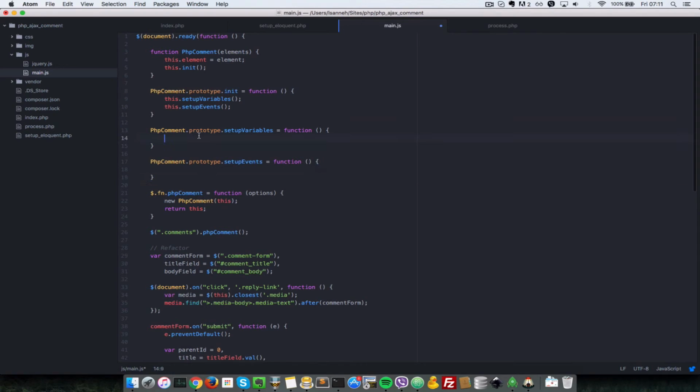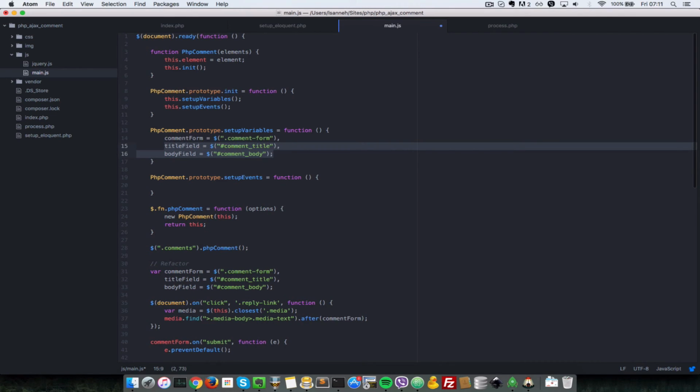Now let's implement what is in setupVariables. The first thing we want to do is this comment form here. We want to cache those so that they exist anywhere inside of this whole PHPComment function. So let's copy and paste those here, and I'll bring them in line with each other. So we're going to do this.commentForm equals, let's select the comment form. But instead of just doing it like this, since we have access to the main top-level element, which is this comments here,